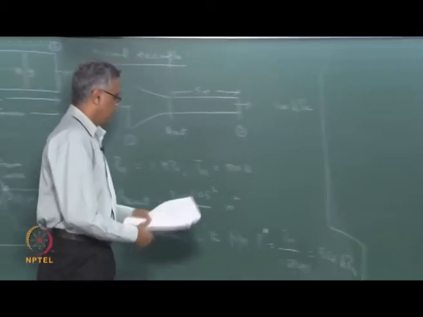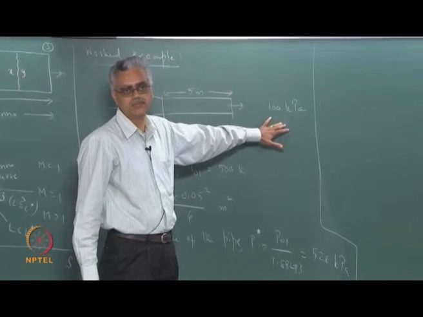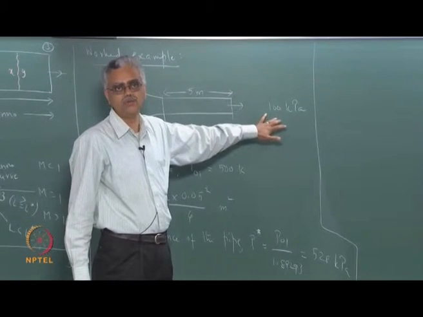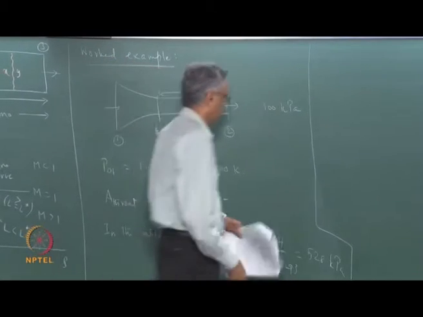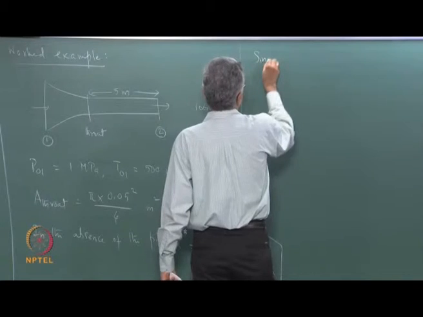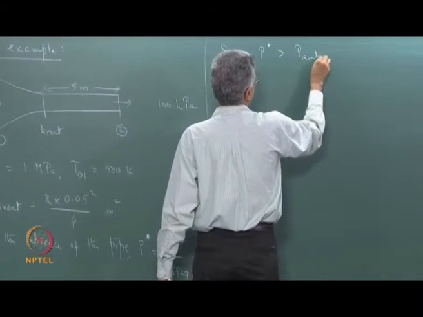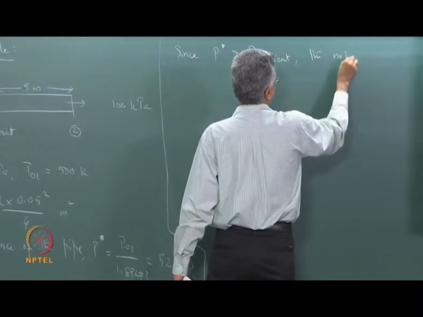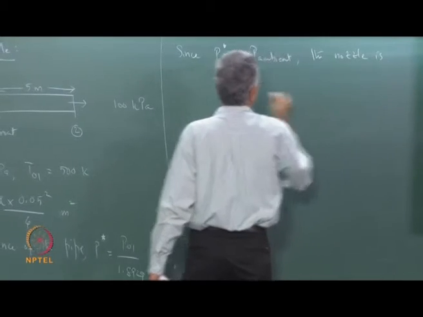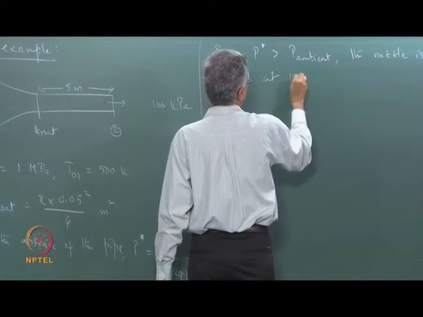It is important to actually calculate the P star in these cases where the ambient pressure is given. You cannot simply assume M to be 1. You need to check to see whether M is indeed 1 or not. So, we calculate P star for this case. Since P star is greater than P ambient, which is 100 kPa, the nozzle is choked at the exit, in this case at the throat section,